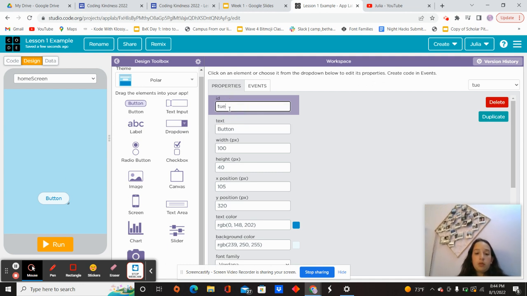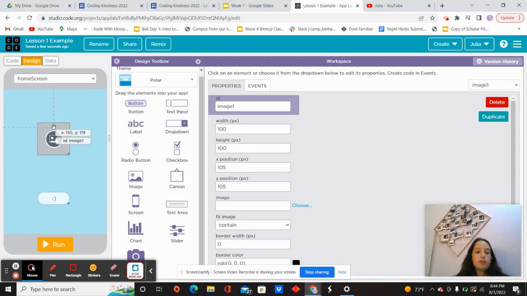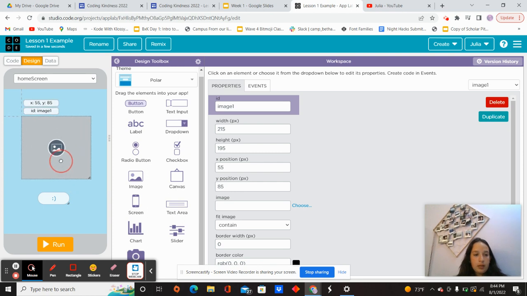So the ID is what will change the name to Tuesday, not the text of the button. We can have the button say whatever you want, so I'm going to have it be a smiley face. So we're also going to add an icon. Icon is something I'll usually say to refer to images because code.org has these great free image libraries. So I'm just going to go ahead and make that bigger, sort of center it more, and then choose an